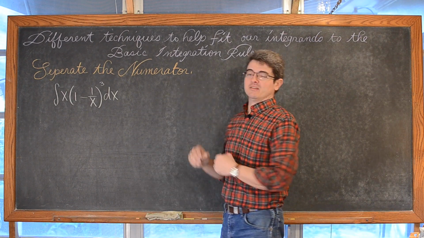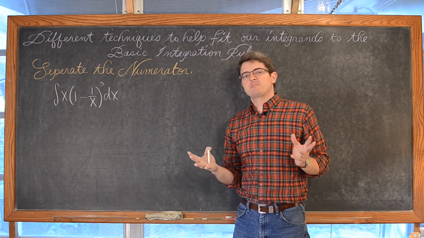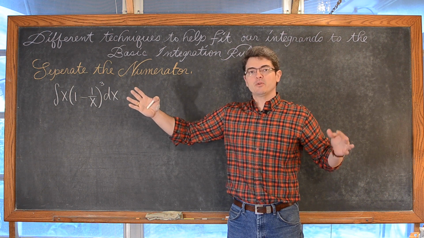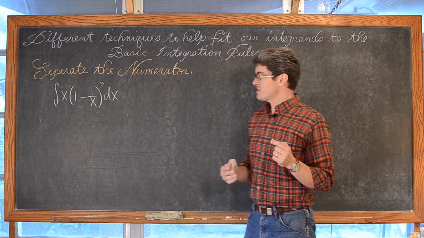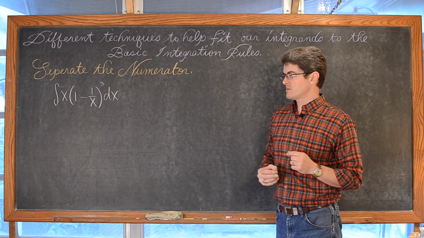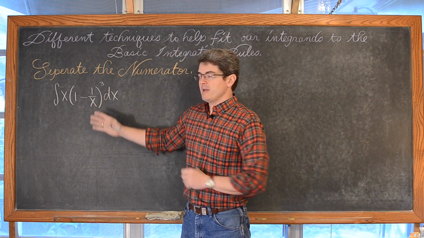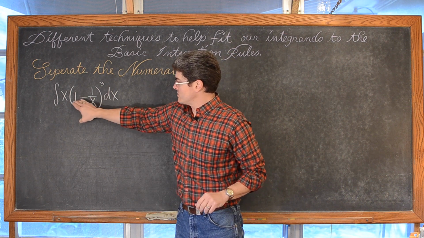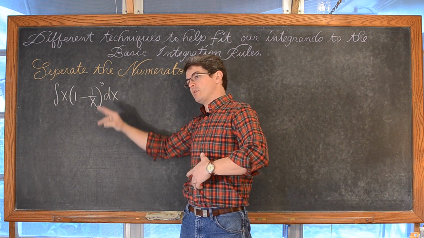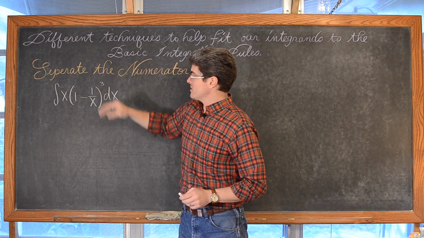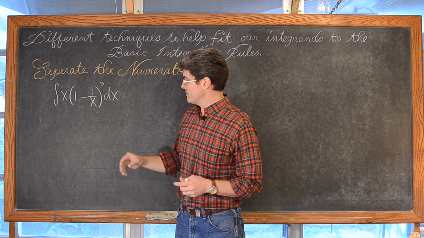Second example and second technique. Separate the numerator. Almost like expanding, but you're going to break your problem up into a bunch of small integral problems instead of one big one, and that makes the process of integrating much simpler when you can do it. When to look for it? Well, in this particular example, we could add these two terms and raise that to a power of 3. Sometimes that'll be a good idea, sometimes not. In this particular example, it might add a lot of work. Every problem's a little bit different.